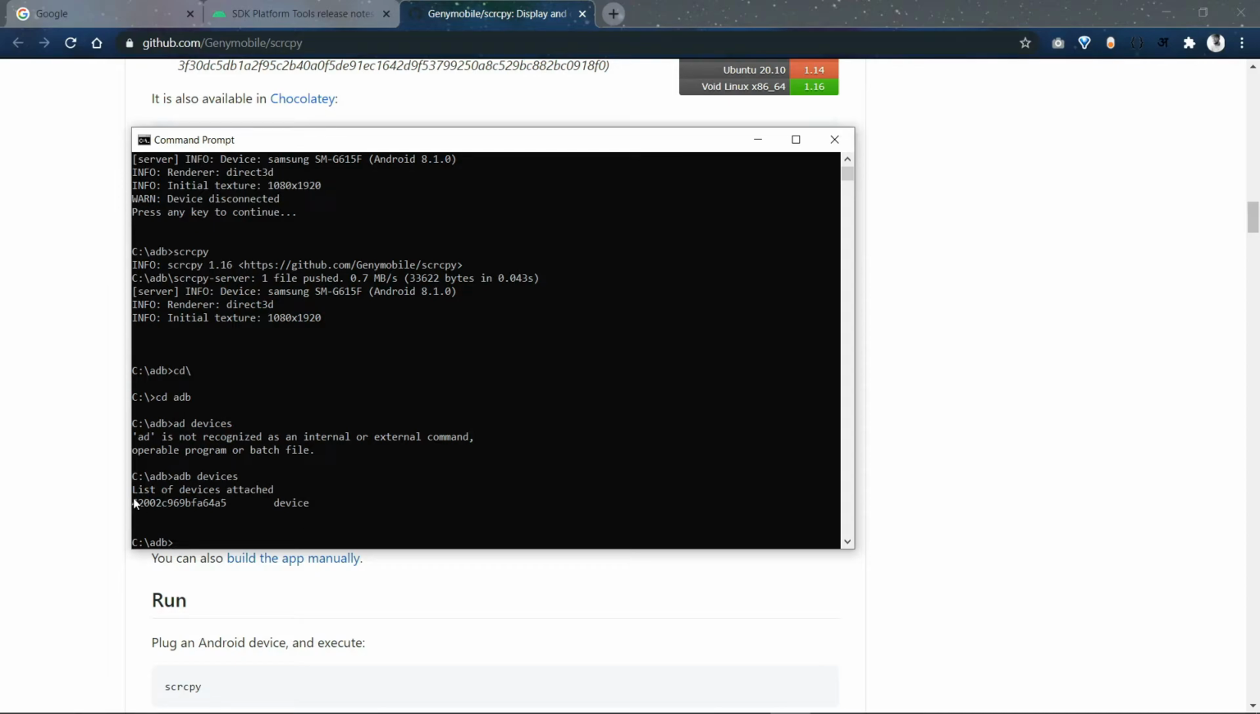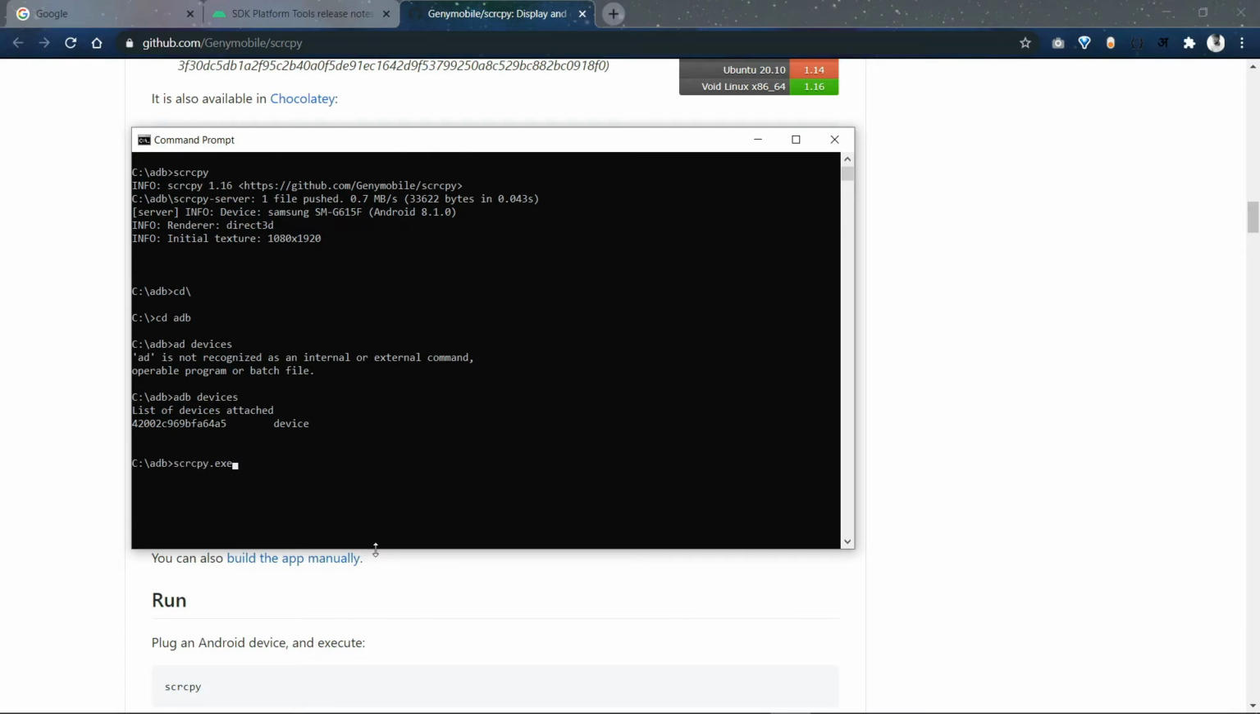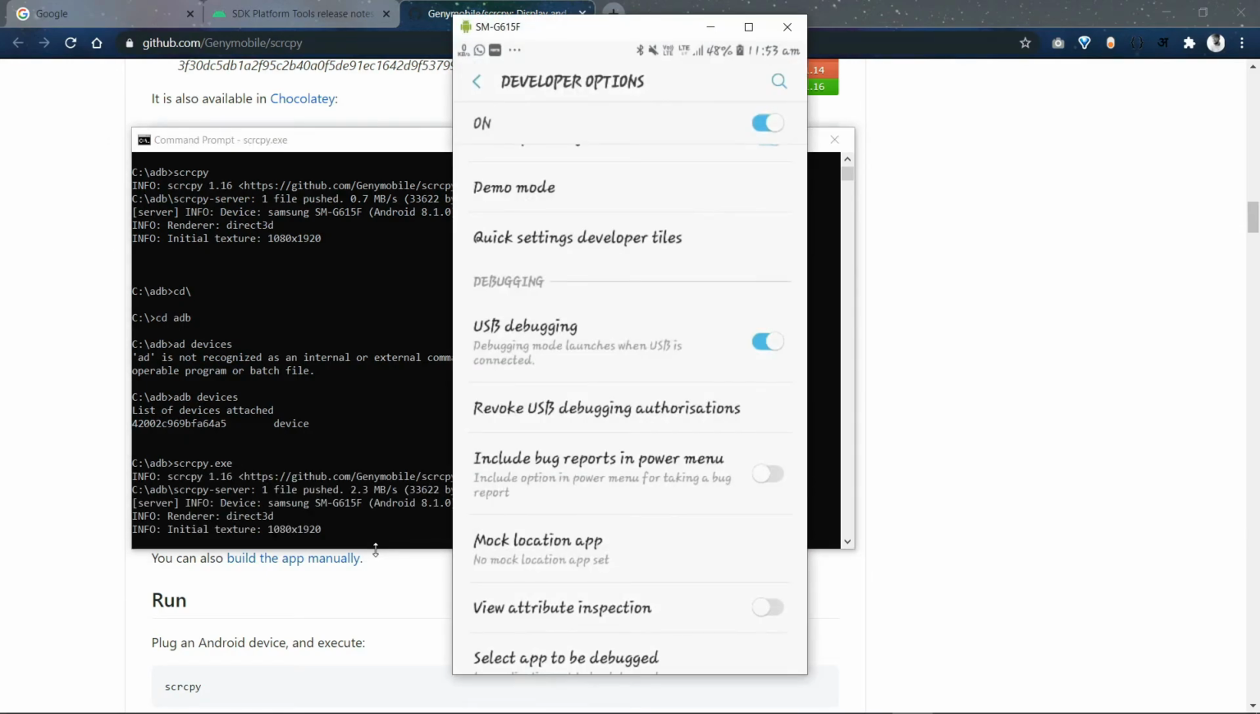You have to make sure that you have connected the USB cable with your mobile phone and connected it with the laptop USB port, and then a message is shown on your laptop, and you have to allow it. Then you can run this command, scrcpy.exe, and your mobile screen is on your laptop,